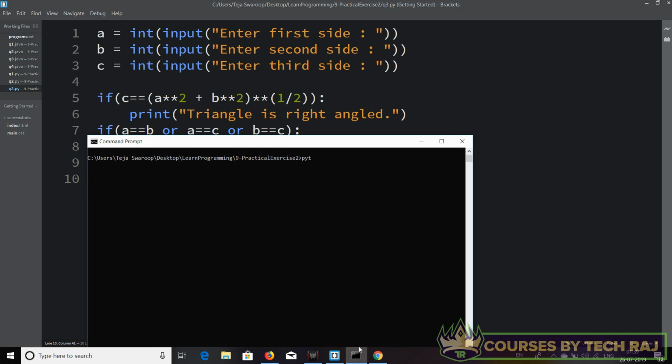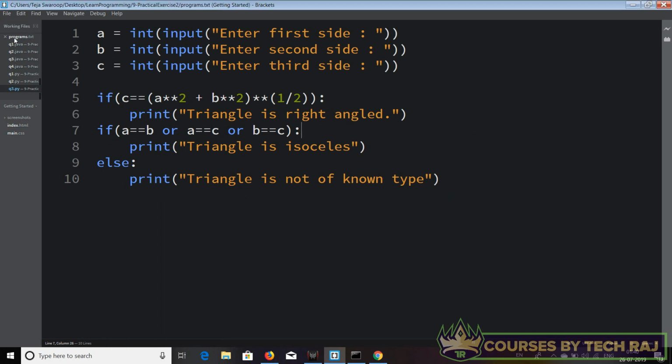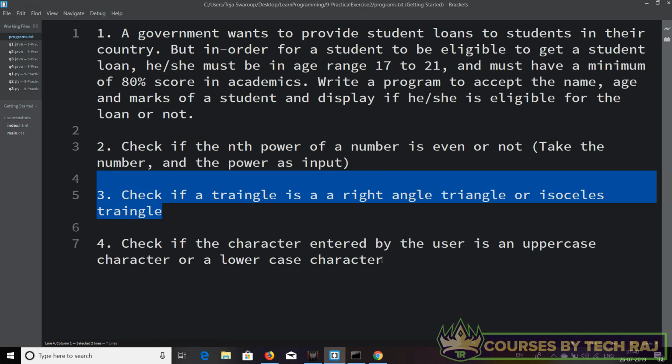Python q3.py, enter the first side 2 3 1, so it says triangle is not of known type. Let's actually try it with an isosceles triangle. 3 2 3, it says triangle is isosceles. So yeah, perfect. Let's go to the next program, the last program for this practical exercise, which is check if